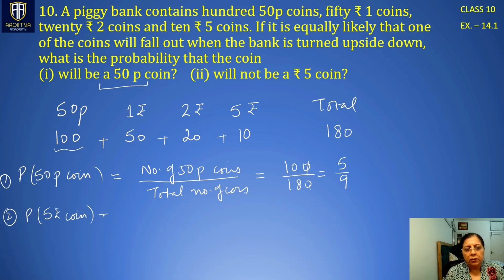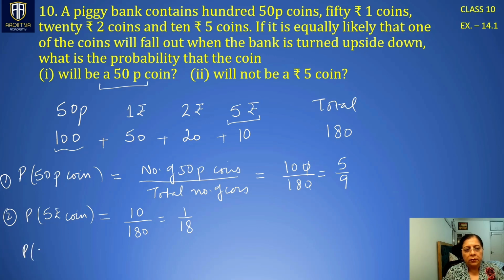So probability of 5 rupee coin is what? The coin being a coin of 5 rupee denomination is number of favorable outcomes for 5 rupees, which is 10, and total number of coins is 180. So the probability of falling off a 5 rupee coin from that piggy bank is 1 by 18, and the